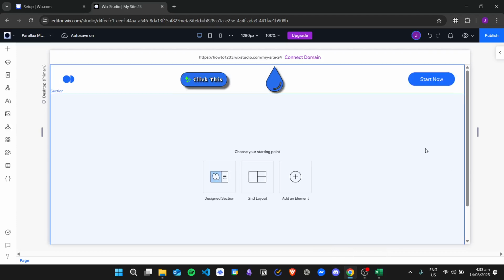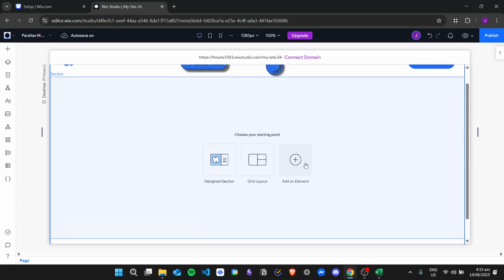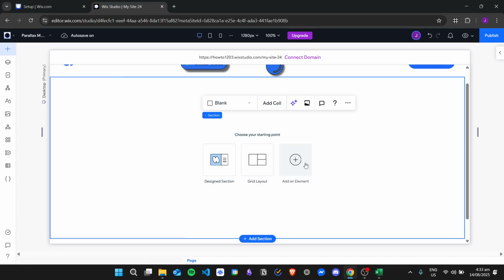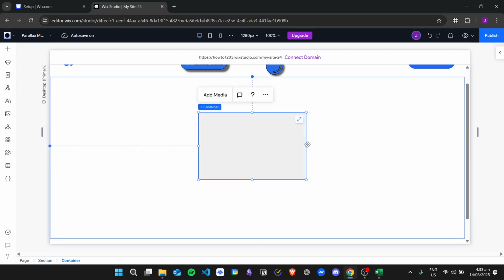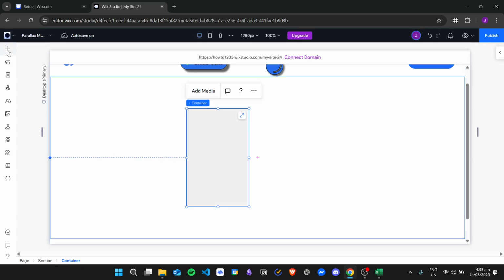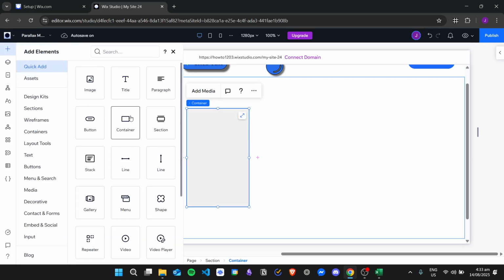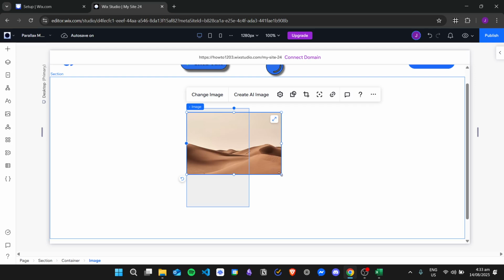So here I am in my Wix Studio website, and first thing we're going to do is add a container. Just click on add element, click on container, and add it here. Then adjust the size of the container to your desired size, like that. And then let's go add an image. Drag it inside the container,